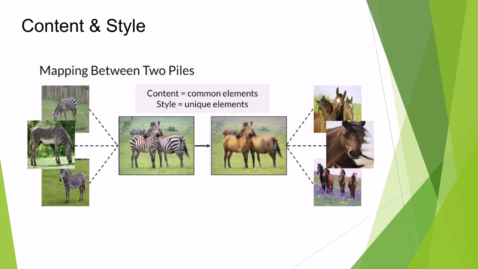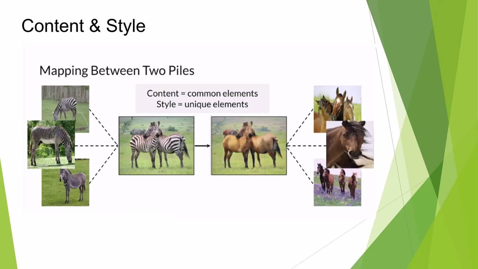Let's wrap up with a summary of the problem. The image here illustrates the challenge of domain adaptation. On the left, we have zebras, and on the right, we have horses. The goal is to transform images from one domain to another, such as converting zebras to horses, while keeping the